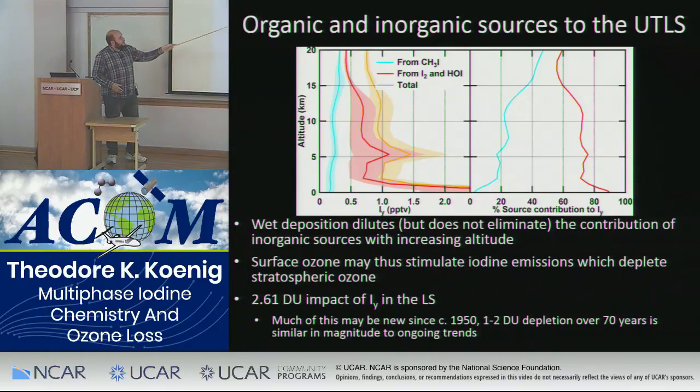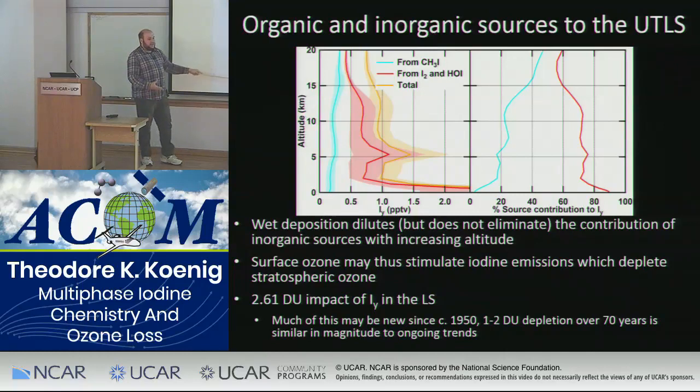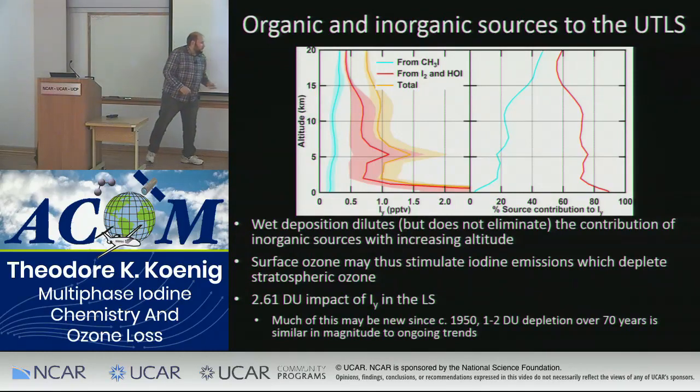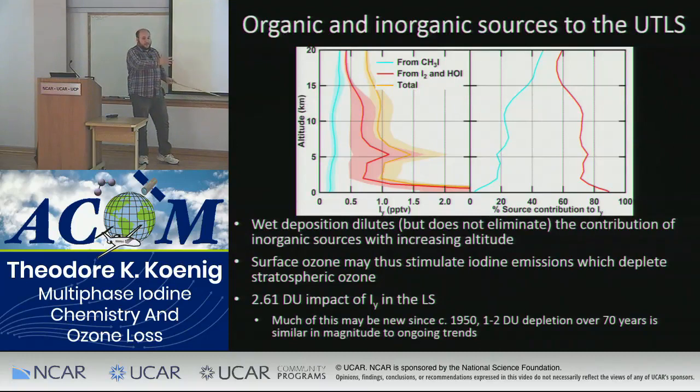But in any case, both of these appear to be increasing, so the result is that this could lead to an ozone depletion effect. And if we say this has been operating over the last 70 years, and about 70% of the iodine could be new since 1950, then we would get an effect of about 1 to 2 Dobson units in the lower stratosphere over that 70-year time span, which is potentially compatible with the 0.6 DU trends we see since 1985, where we can't explain those using halons and CFCs, HCFCs, etc.